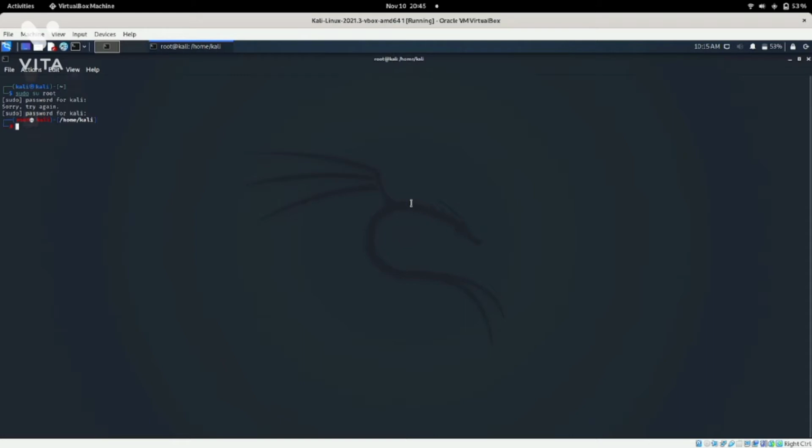Now we have to check whether the Apache 2 software is in our system or not, by using the command apt list --installed apache2. As I hit enter, we will see that it is installed in our system.